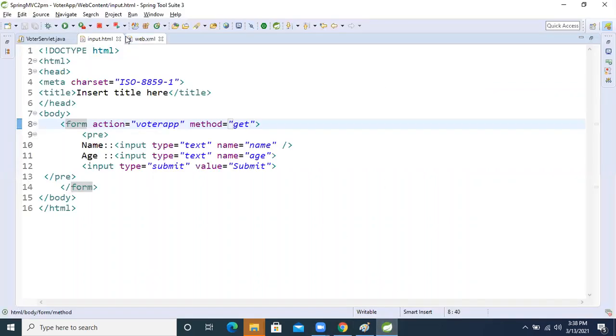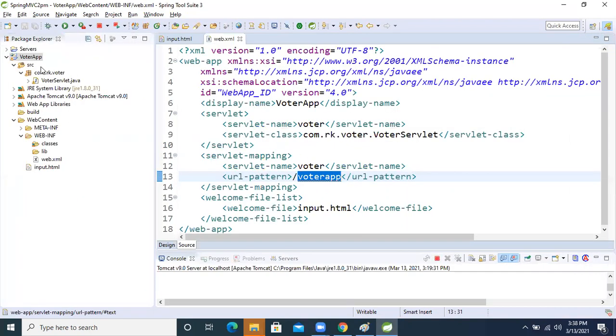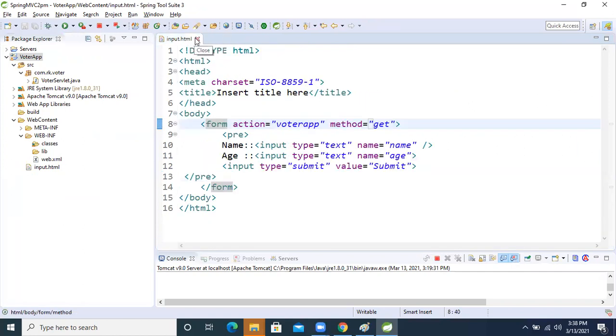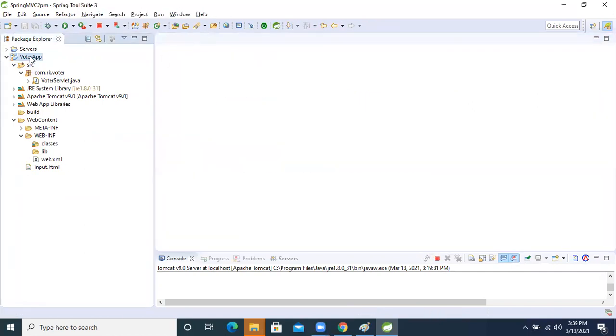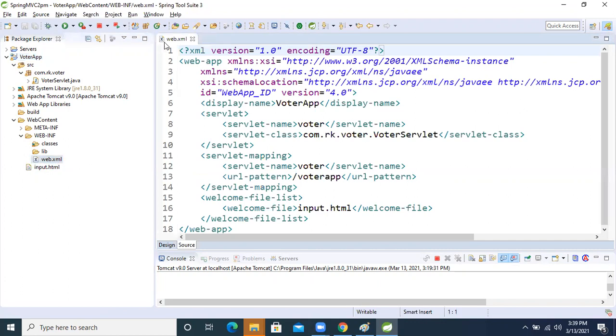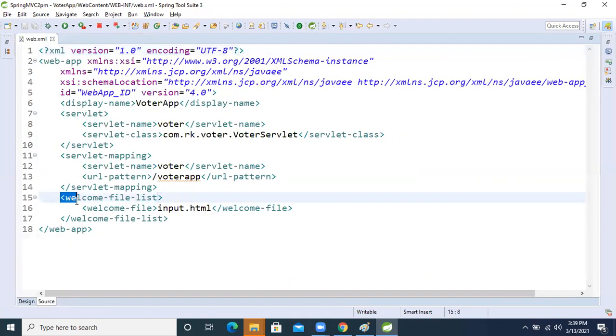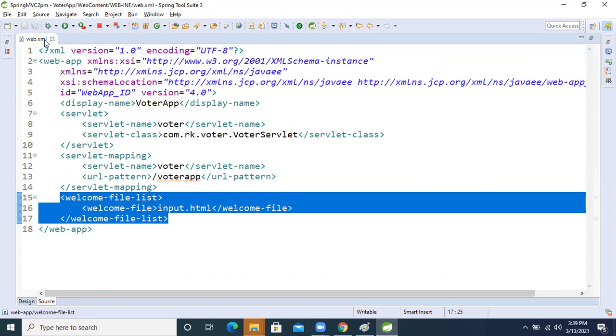Okay, let's see that. Concentrate, everyone. First, we are running the application. Based on running the application, in the web.xml we used the welcome file.